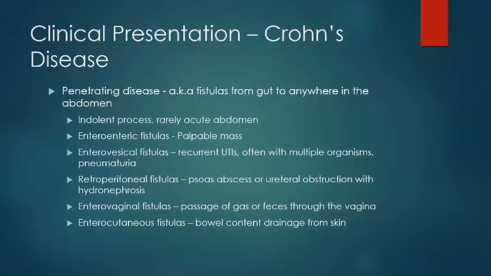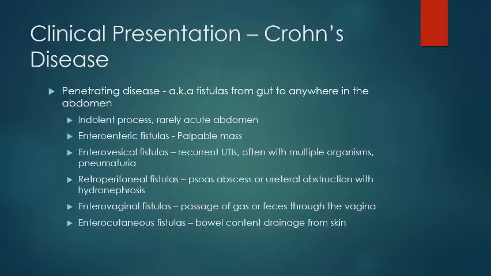So the different types of fistulas, you can have pretty much a fistula from the gut anywhere. So enteroenteric, and these can present with a mass from fluid collection. Enterovesicular fistulas to the bladder, which can present with polymicrobial UTIs, recurrent UTIs, pneumaturia. You can have a retroperitoneal fistula, in which case patients present with a psoas abscess or ureteral obstruction with hydronephrosis requiring drainage. Enterovaginal fistula, where they'll present with the passage of gas or feces through the vagina,